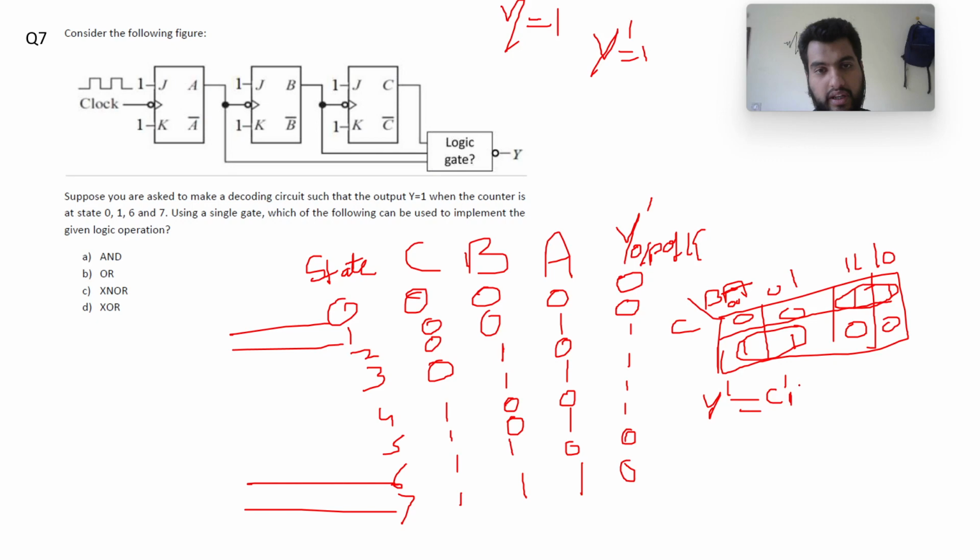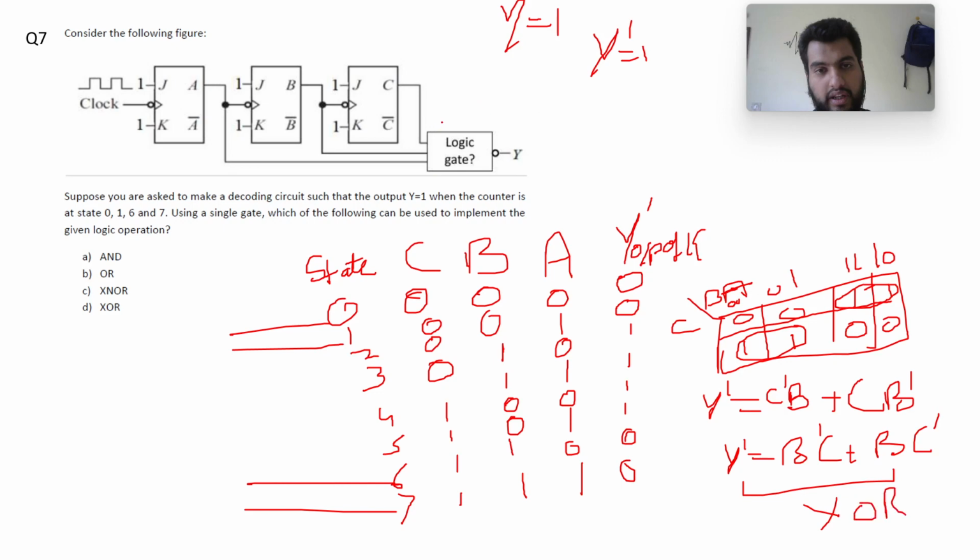This is C complement B plus this is C, and what is changing is B. So what is y not complement? y not complement is B complement C plus B C complement. So this is simply an XOR gate. So an XOR gate will be inserted here